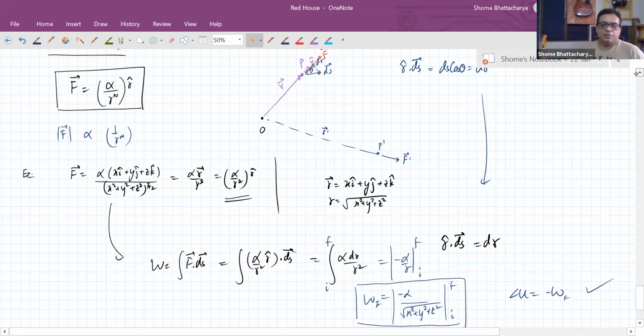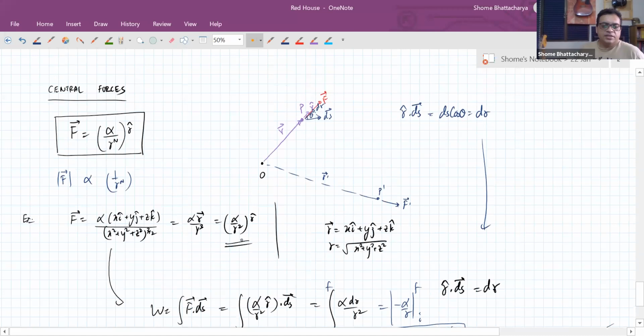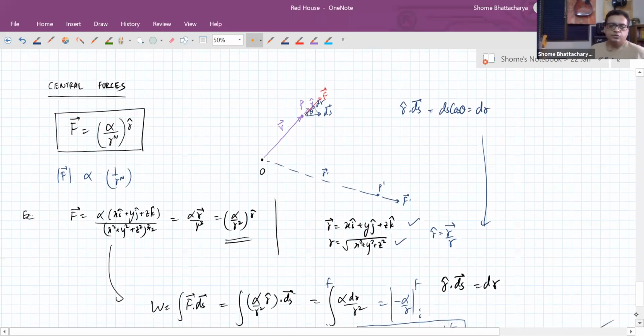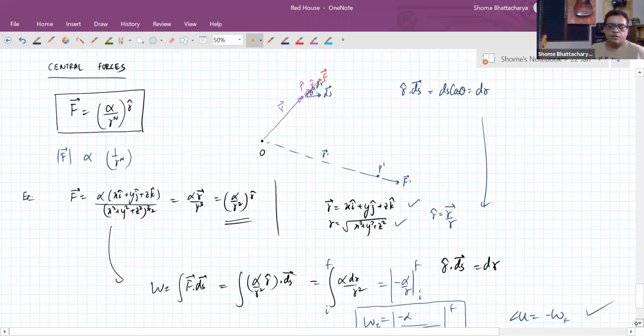So basically what happens is you can convert from xyz to r and r cap by using this relation, that vector position is given by x i cap plus y j cap plus z k cap, and magnitude of the vector position is this, and of course r cap is nothing but vector r divided by its own magnitude. So we made use of that also. Okay. So this came under the category of central forces. Okay. So likewise now,